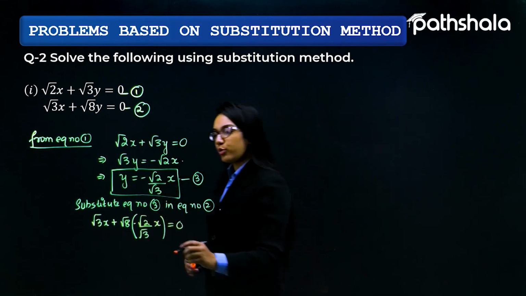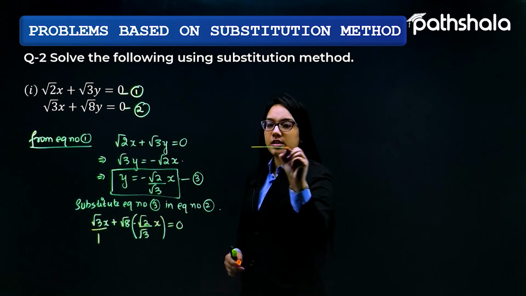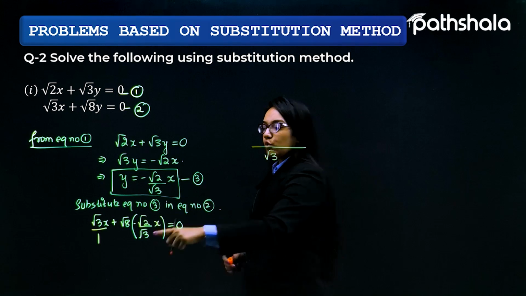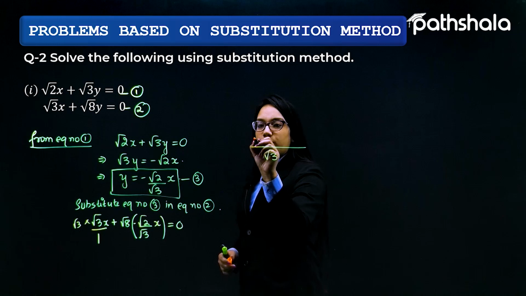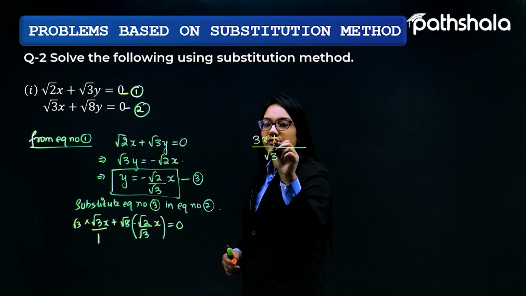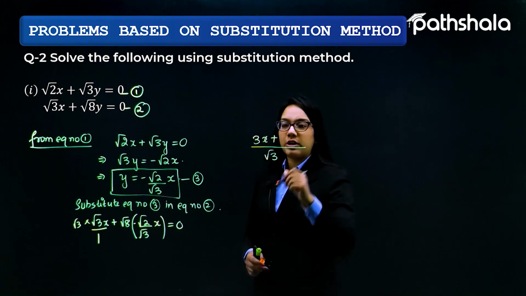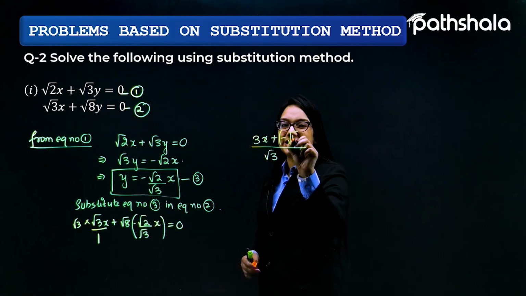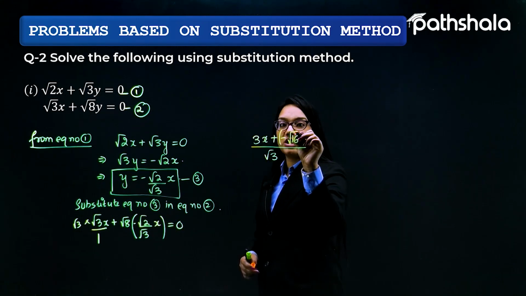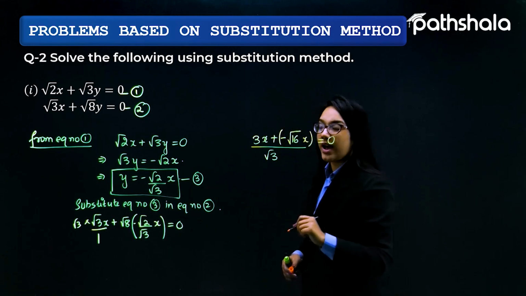First of all, let us take the LCM. We have 1 and we have √3, so the LCM is nothing but √3. So √3 will get multiplied with this √3 if I take the LCM. So it would be of the form 3x plus, further, √8 is multiplying with these two terms together, so it would be of the form minus √2 into √8, which is √16. So we can write it in this form, √16 x, which is equal to 0,